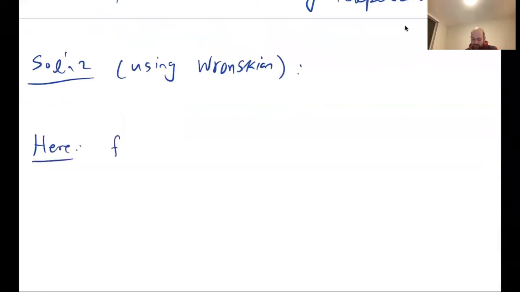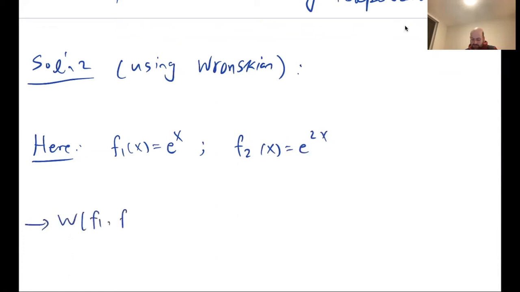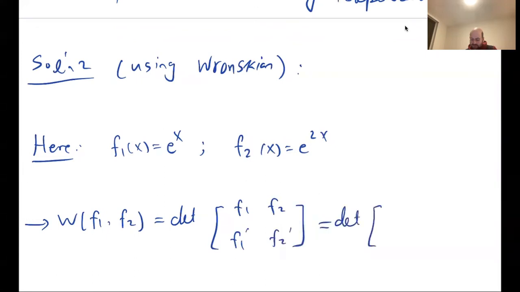Here, f1 of x equals e to the x, f2 of x equals e to the 2x. So W of f1 and f2 is equal to the determinant of f1, f2, f1 prime, f2 prime. And that's going to be the determinant of e to the x, e to the 2x,